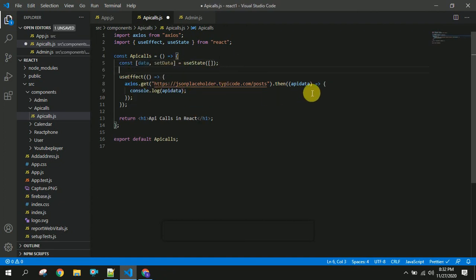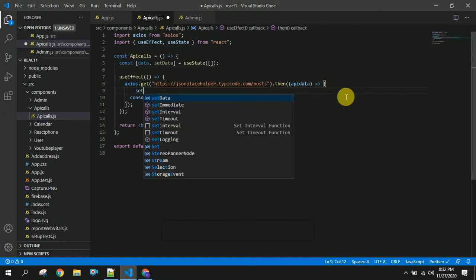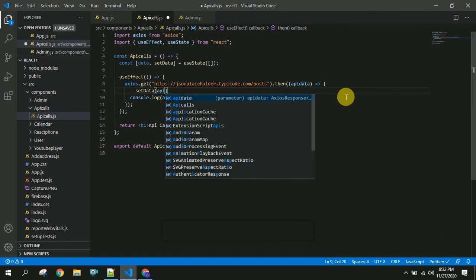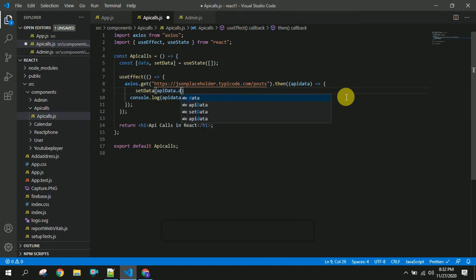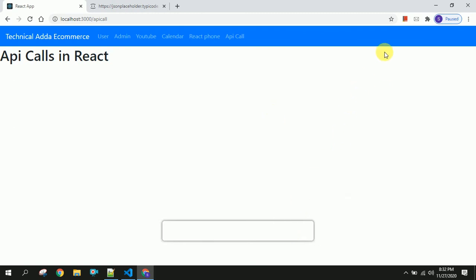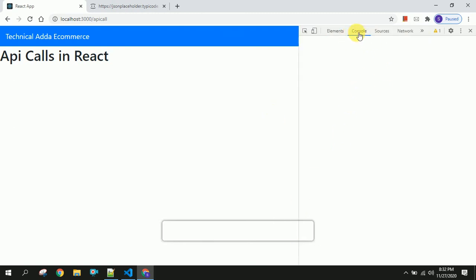Now I am going to set this data by using API data dot data. As you can see here, we are getting it as an object.